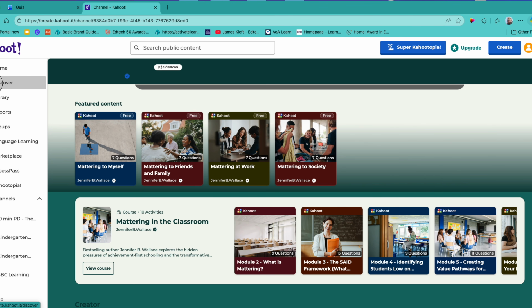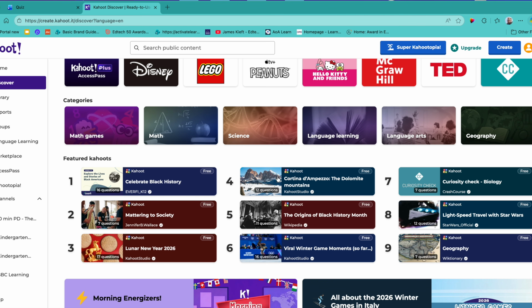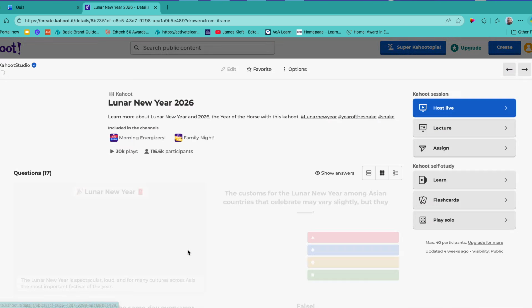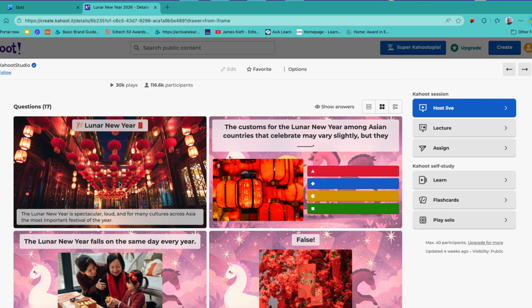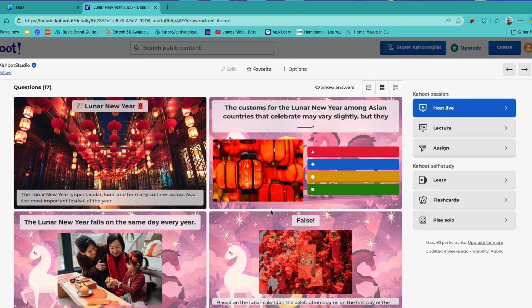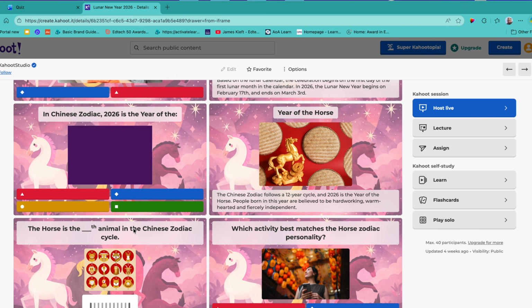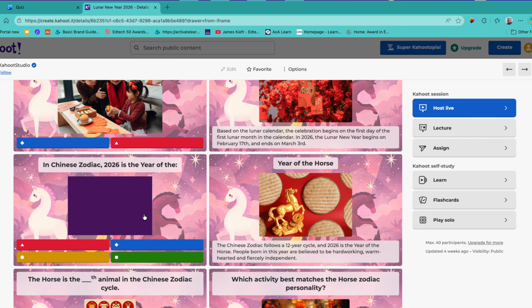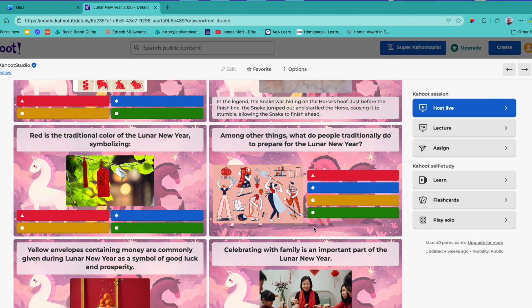So let's jump back to the Discover page. And you can also search things through categories, or you can search featured Kahoot so you can see different things. So if we were to look at, say, Lunar New Year, we can click onto that. We can see it's free, and we can see how they've gone about laying out their questions, the different question options that are available. Now, for the free one, you are very much restricted just to true or false or multiple choice, but you can get a chance to see what other types of questions are available if you wish